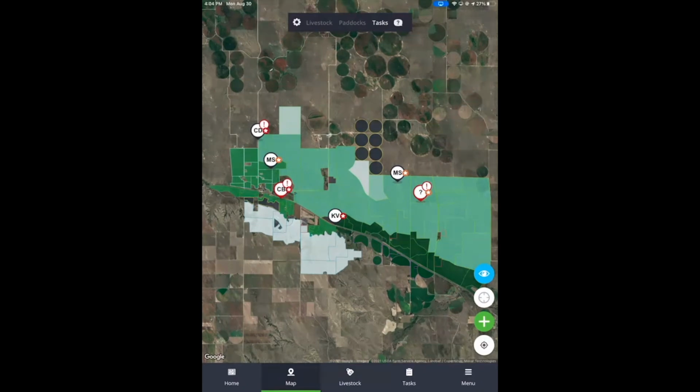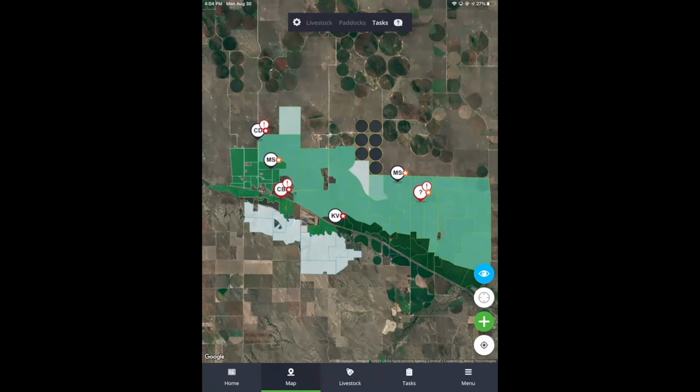priority levels. When it comes to tasks that are location sensitive, AgriWebb's GPS location functionality allows you to easily place that exact location on your map. In this case, if you had a broken fence, you can use the GPS function located right below the green plus button, allowing you to place the coordinates for your team who needs to go and mend that fence. In this case, it's going to save you the time from explaining exactly where it's at and maybe even some